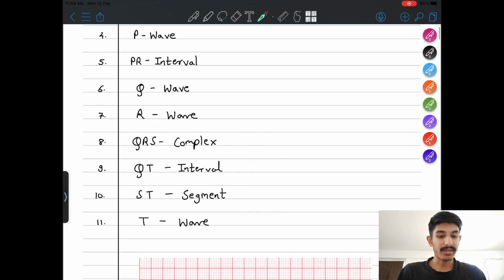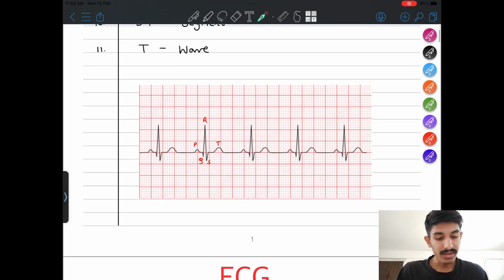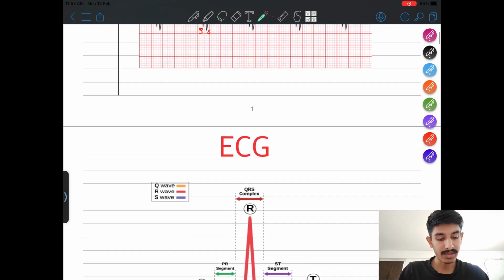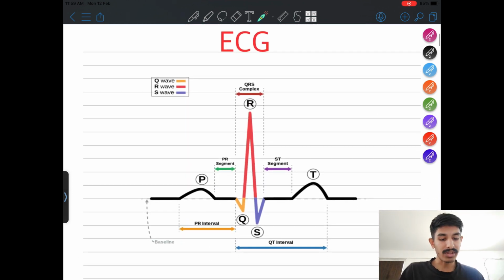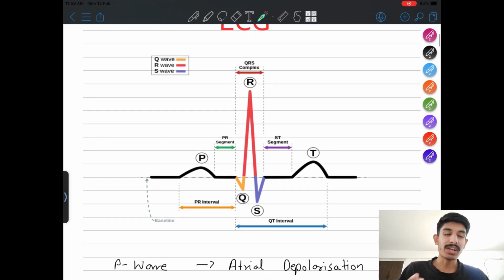So what are these points? I just showed a simple diagram here, but I will explain what the points are and how they are taken. As you can see on the screen, this is your ECG. There are so many leads, numbers and graphs in the ECG that it makes it so complicated that whenever we look at the ECG, we go blank. So first learn the elements of the ECG and then start understanding it.